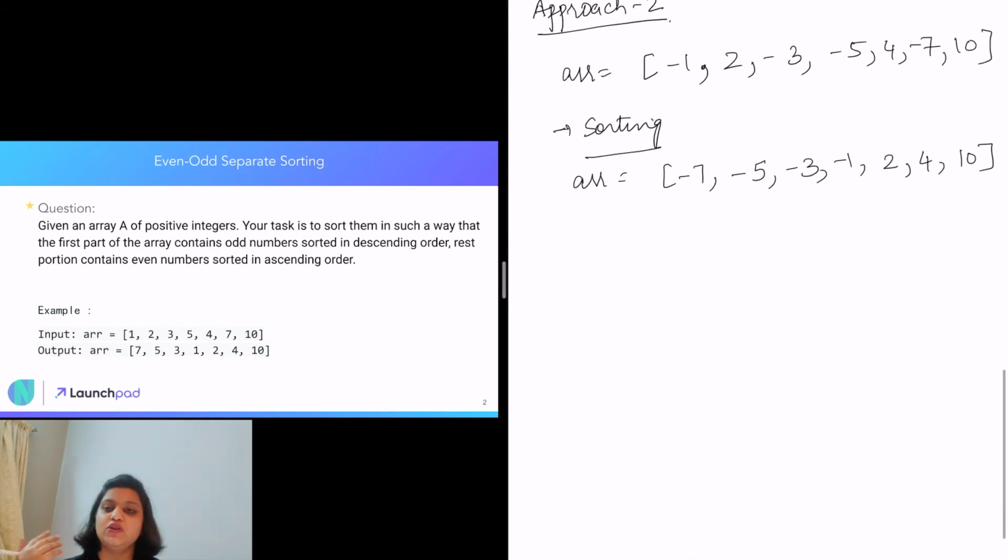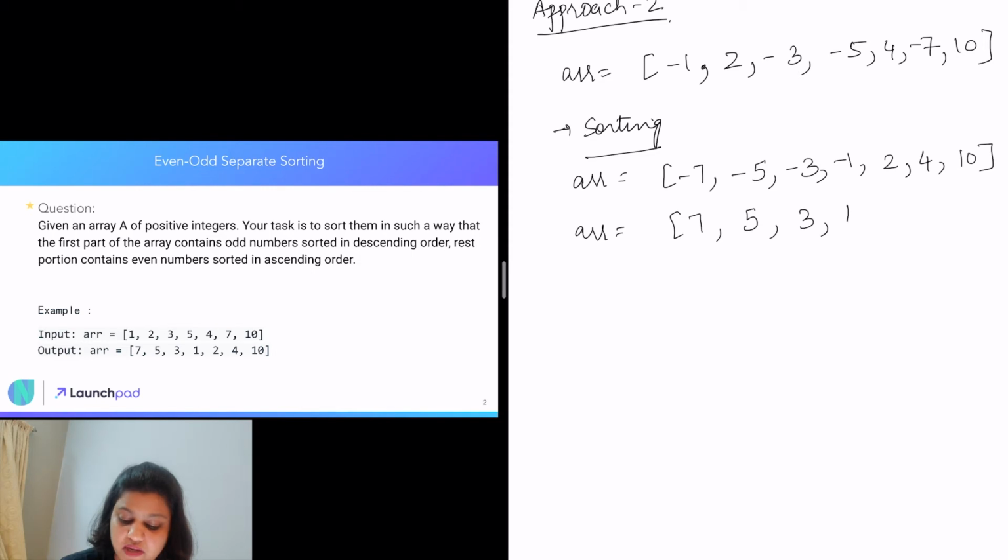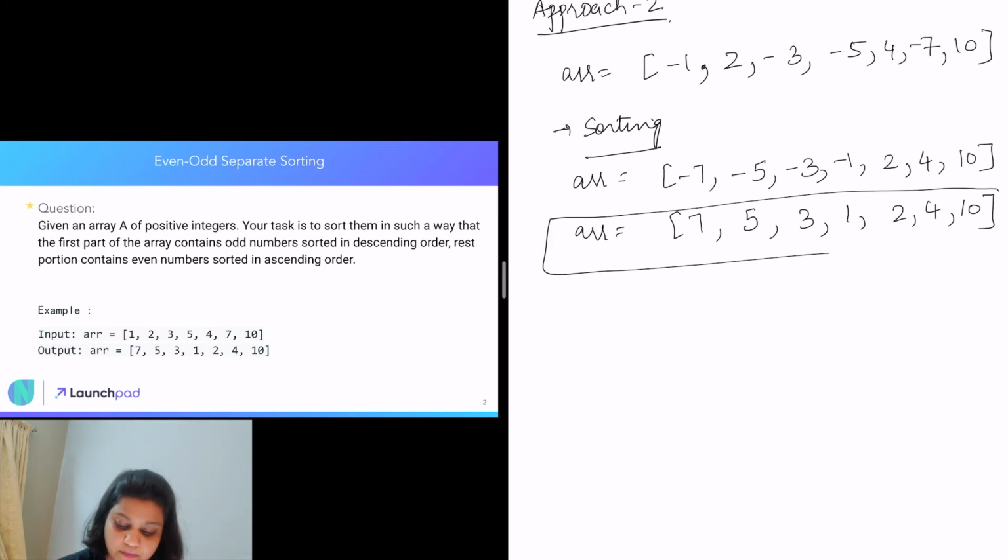If we come across any odd number or negative number, we just multiply it again by -1. So our output will be 7, 5, 3, 1, 2, 4, 10. And this will be our output. So this is how we can do this question.